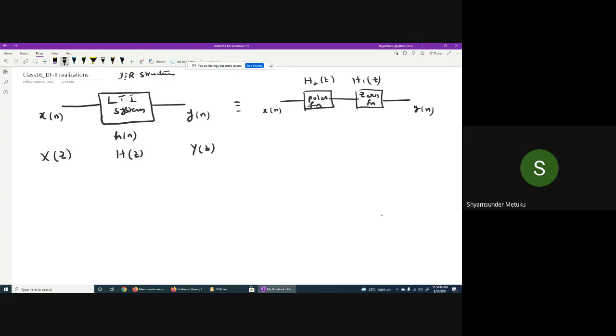Like yesterday, the way we made an approach to get the final structure of the system using direct form 1, and also wrote how many multipliers, adders, and delay elements are needed, a similar analysis we are supposed to do for direct form 2 also. The only thing is that it is interchanged: the poles are written first, then the zeros. So again, I divide into two parts like yesterday, part 1 and part 2. First I concentrate on part 1, where you have a poles function given by H2 of Z.